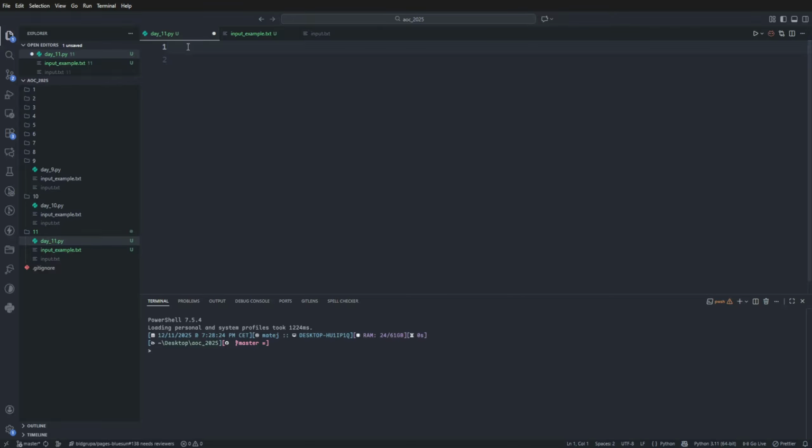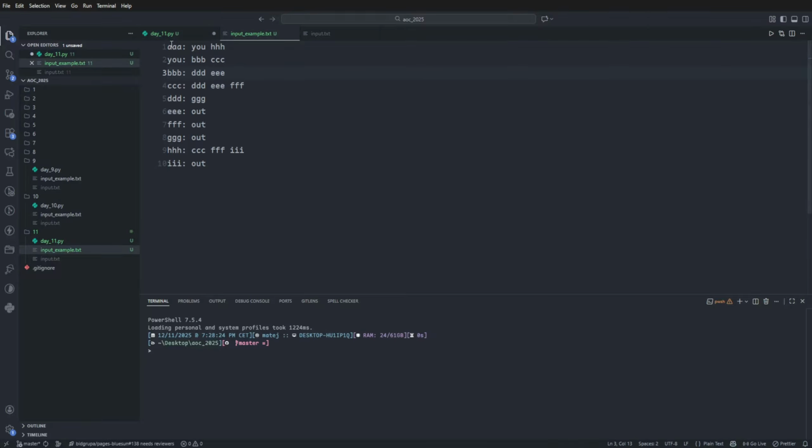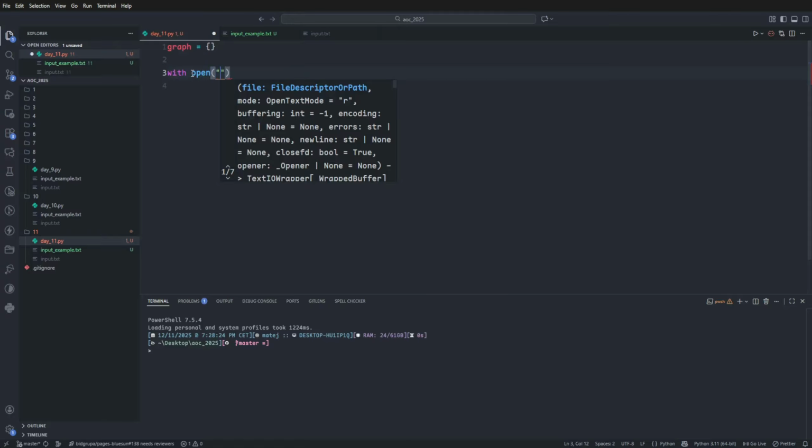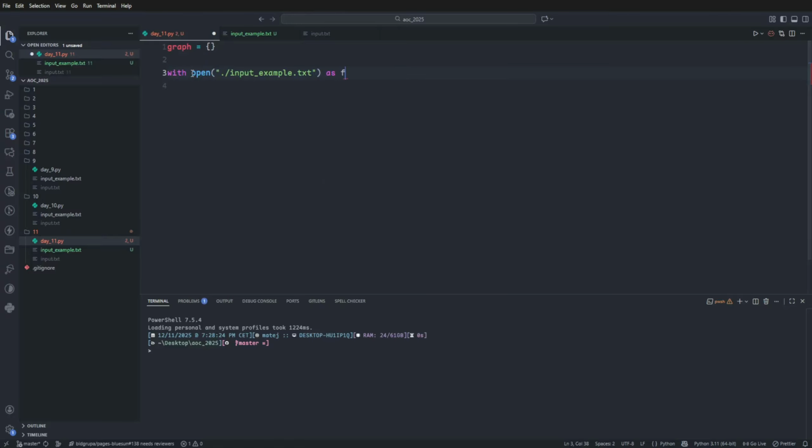Of course, first we need to parse our input, and I guess I will just do like graph will be a dictionary. We will create our graph where the key will be a device and the value will be the neighbors the device is connected to. So we will just do open input example as f, and let me just change the number of spaces for Python like this, for line in f, and we will do